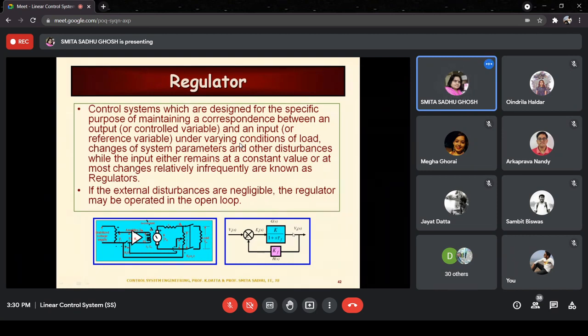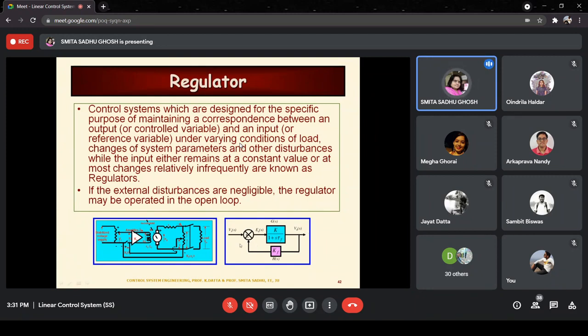So now let us say we have a system which is like this. Ignore the transfer functions written within the blocks for the time being. We have a system with an input, then we have an error detector generating a signal which goes to the forward path element, and then the output. And there is also a feedback element, feeding back the negative feedback. So that's the general system that I was speaking of, right? So now, if, for example, we want that the output will remain at a fixed value.